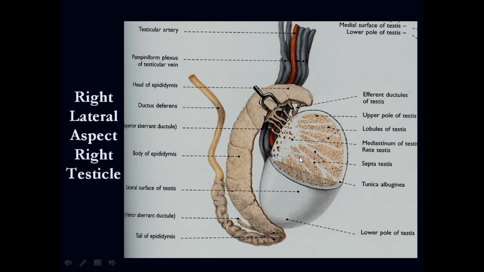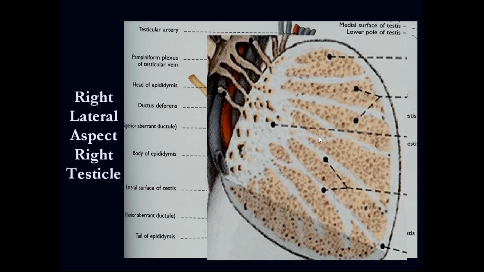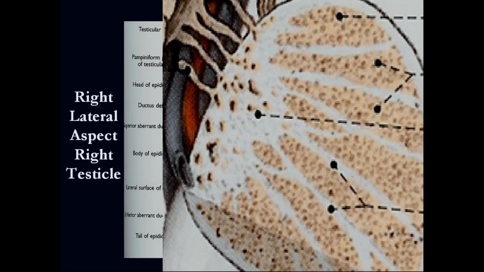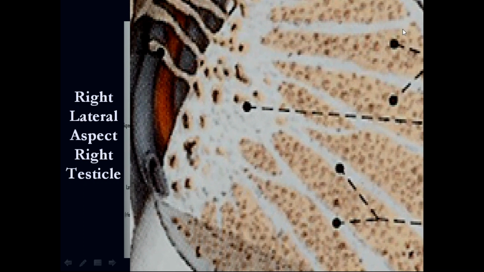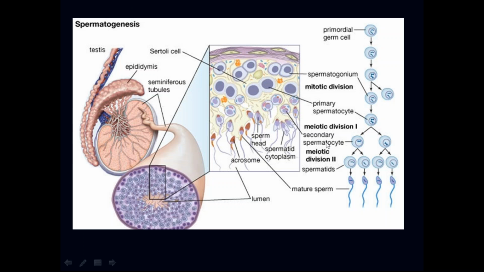And we have 250 of these lobules, where inside of each cavity is like we have a house with 250 rooms. And the tunica albuginea are the dividers or the walls of the house. So inside of each lobule, we are going to have one important structure that is the seminiferous tubules. If you see here, I want just to have a detail here of the wall of the tunica albuginea projecting into the testicle.